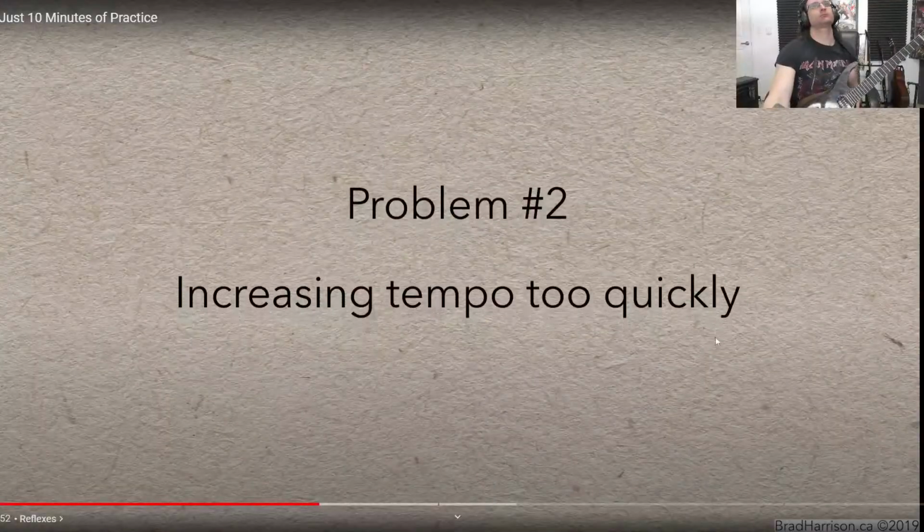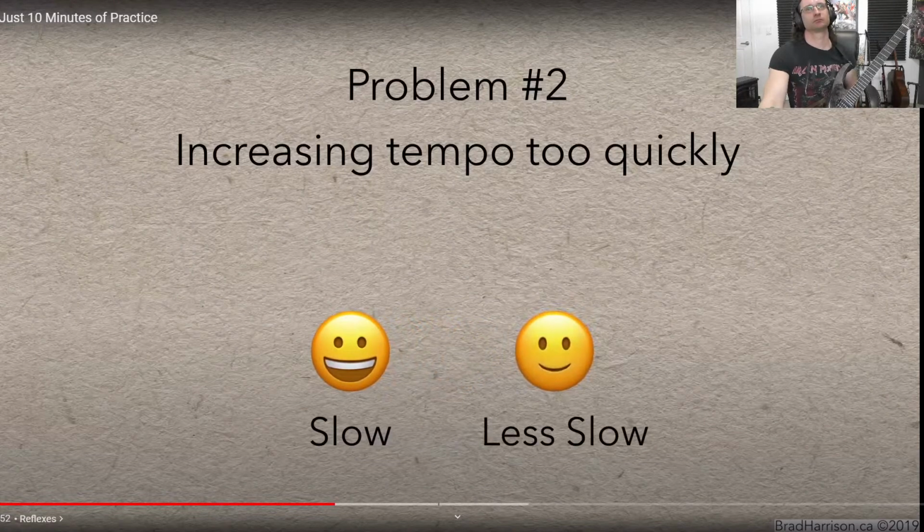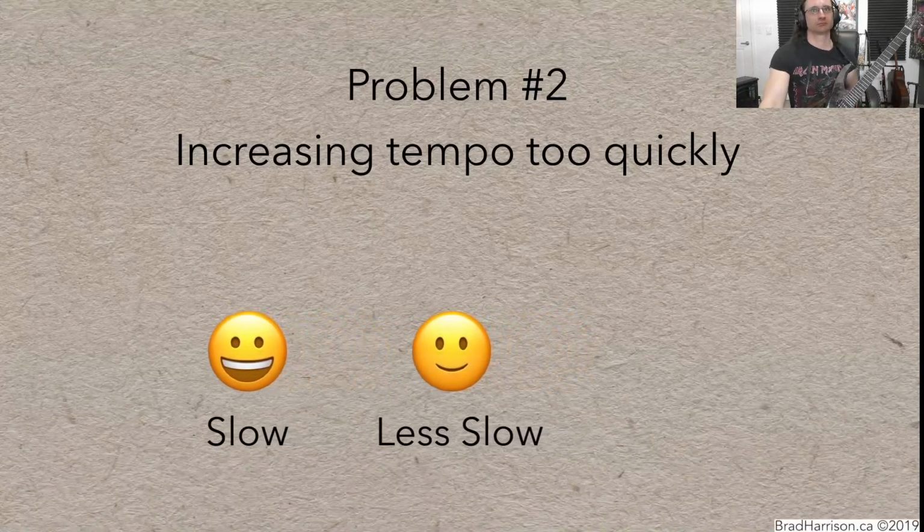But all right, continuing. Let's say you do start at a slow tempo and you play the passage pretty perfectly, but then increase the tempo a bit too ambitiously, and you play it a little less perfectly. But you don't worry about the minor errors and carry on increasing the tempo. That's such a big mistake people continue to make, and something I harp on with students all the time. They ignore those little mistakes and then they continue on. It's like, no. If there's a mistake, then what you just did is all trash. That's how you've got to look at it. Consider it all trash when that little mistake comes in.